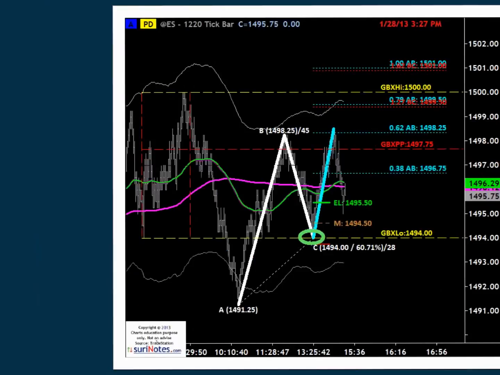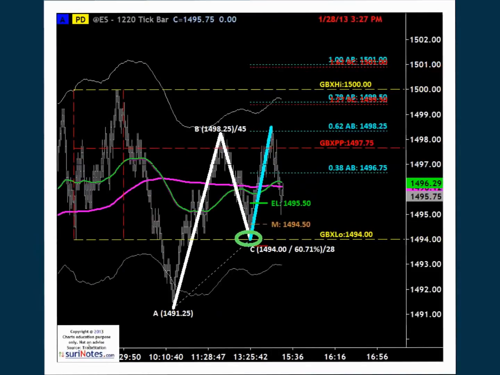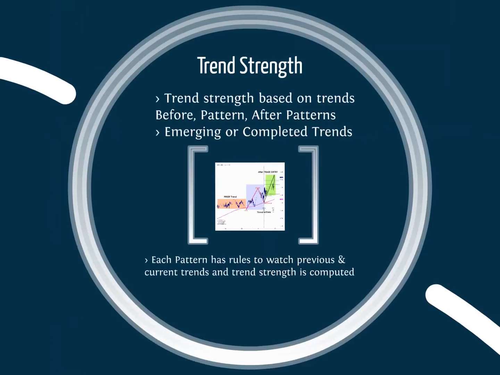Here is another example where an ABC formed, and the C actually reversed from the Globex low position, and that's what I'm showing at the bottom. There are similar pattern structures. I think we talked about it already. The next one is